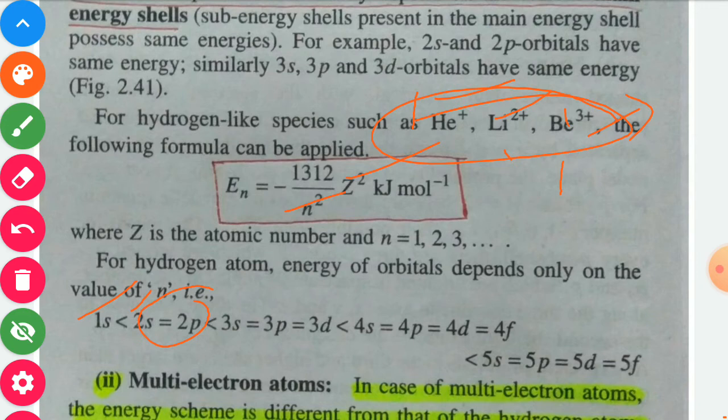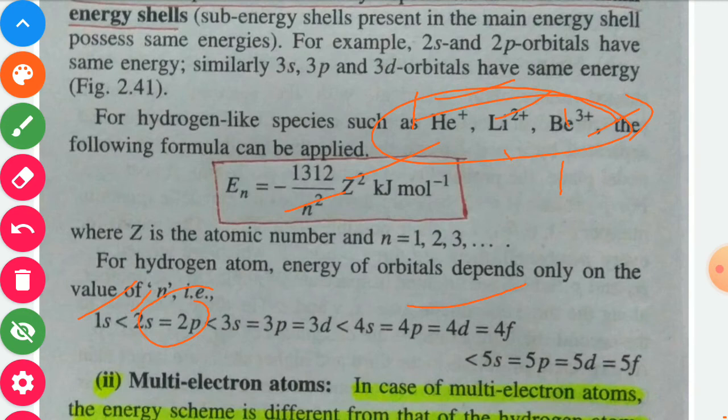Now these are found to be less as compared to the energy of the fourth shell, but in the fourth shell different subshells are found, like 4s, 4p, 4d, 4f, which contain the same energy. So in the case of chemical species containing a single electron, these situations are found. But if a multi-electron system is given, meaning if the particular ion or atom contains more than one electron, then in such a case this trend is not followed.